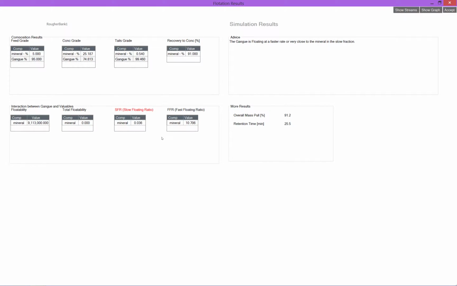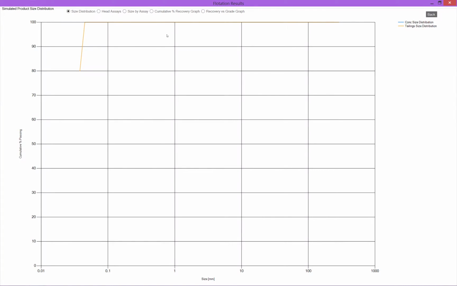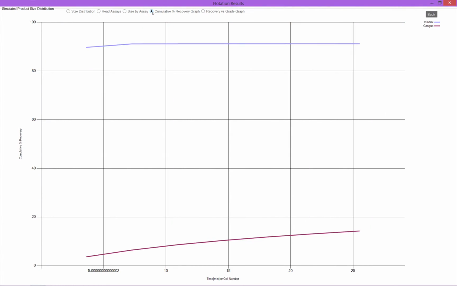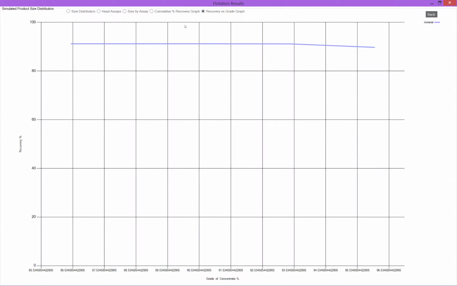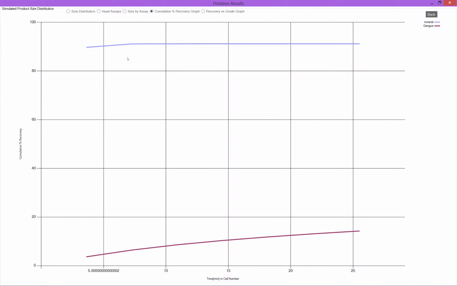However, there is a red warning, and that is in the slow floating ratio. Our advice says that the gangue is floating at a faster rate or very close to the mineral in the slow fraction. So when I look at the graph, at my cumulative percentage recovery graph, and I have a recovery versus grade graph as well. Here I can see that